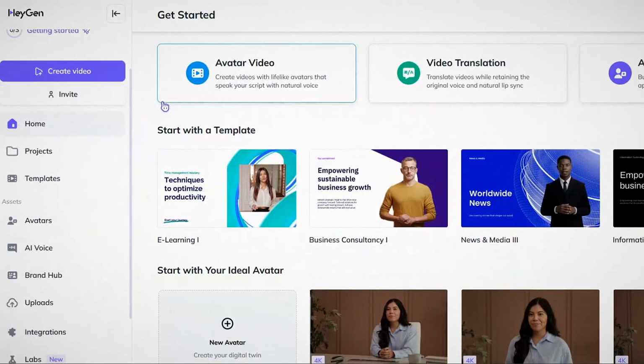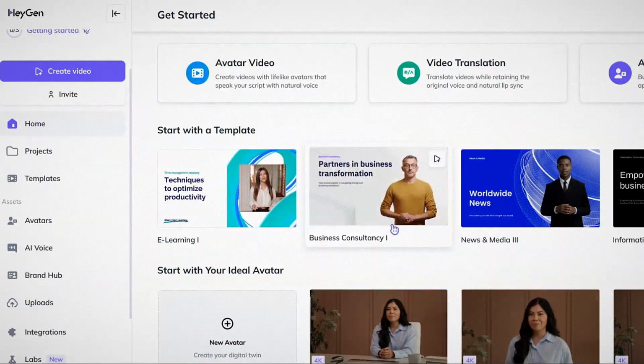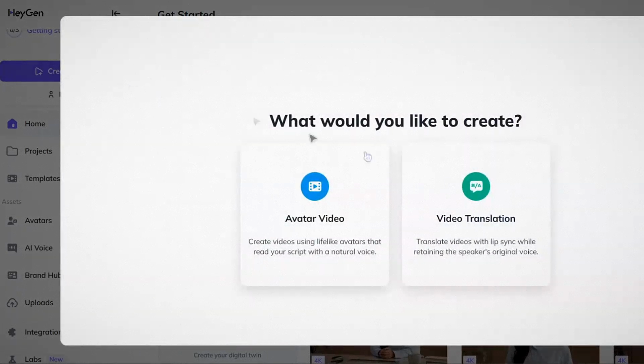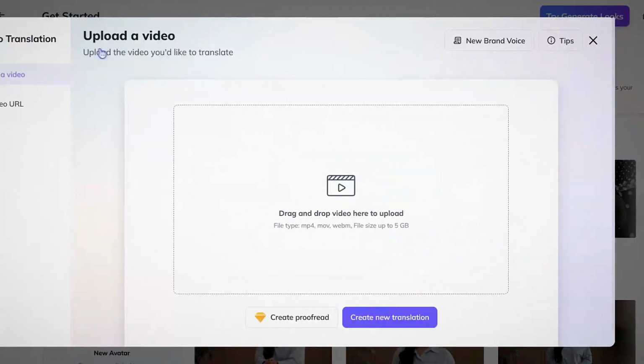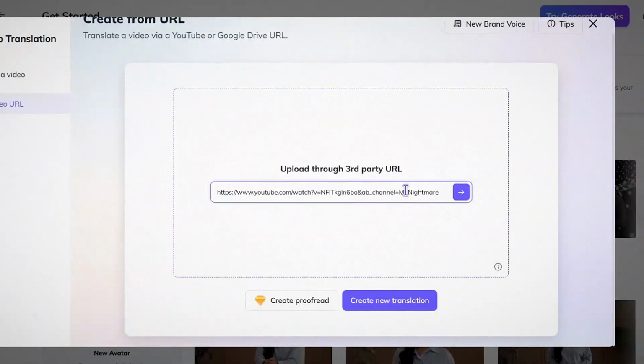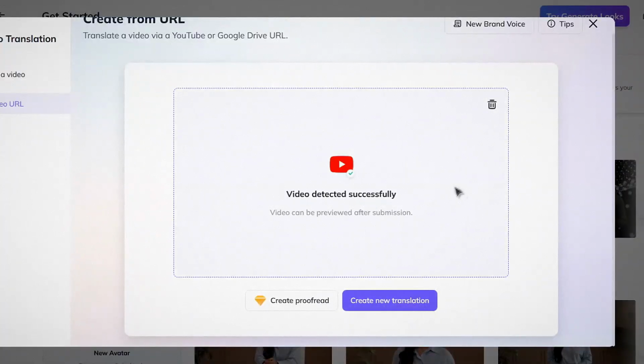Now, let's say you've got a video to work with. Maybe it's a sample video you're using to practice, or maybe a creator has asked you for a free trial translation. HeyGen allows you to either upload a video file directly from your computer or paste a link to a YouTube video. For this example, let's say you're working with a YouTube video. Copy the link of the video you want to translate and paste it into the input field on the HeyGen dashboard. Once you've done that, the platform will start processing the video.